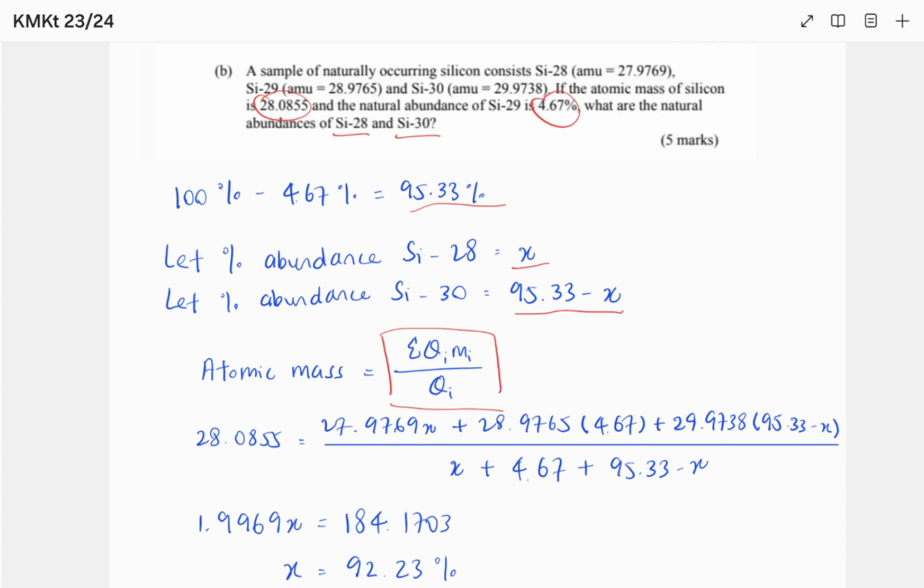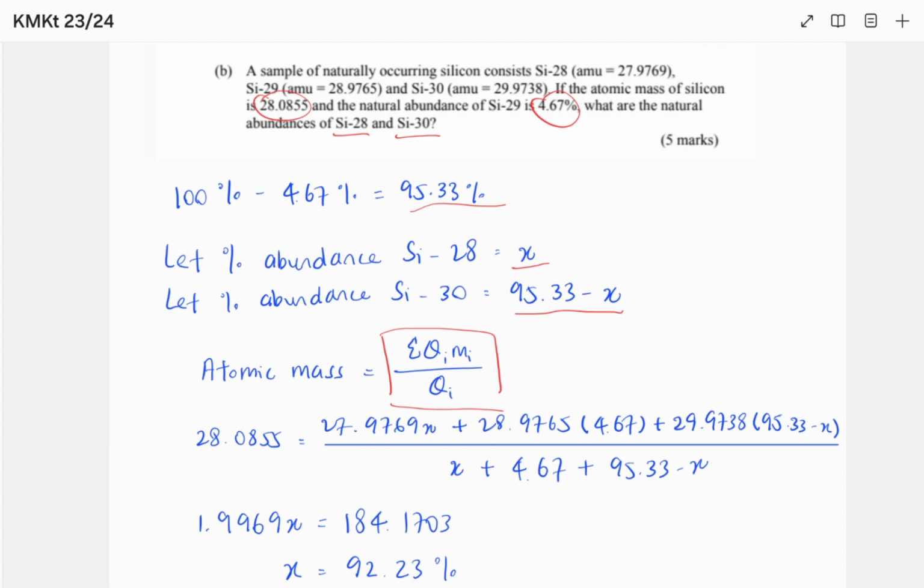28.0855. Then the AMU for silicon-28, which is 27.9769, multiplied with the natural abundance, which is X, and then plus the AMU of silicon-29, which is 28.9765, multiplied by the natural abundance, which is 4.67, plus the AMU for silicon-30, 29.9738, and the abundance of the element, which is